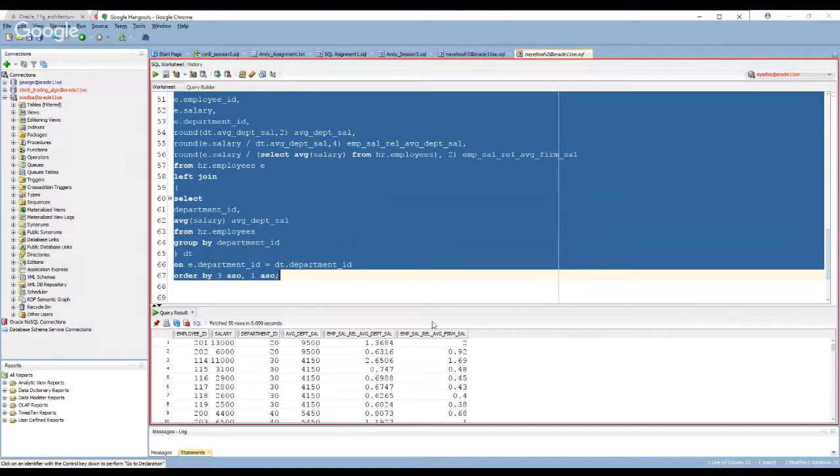All right, so it's very interesting. Because you look at this guy, the same employee 201, the person makes 13,000. The department average is 9,500, and they're making 37% more in their department. But when you compare the person's salary to the average within the firm, he's actually making twice the average salary for the entire firm. So this sort of analysis is interesting, because you try to make some comparisons to make certain decisions.